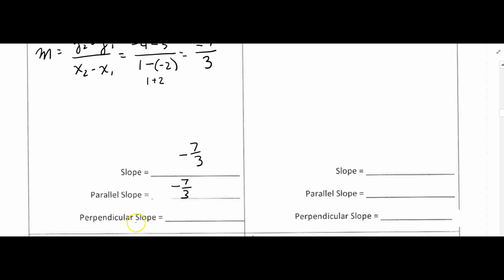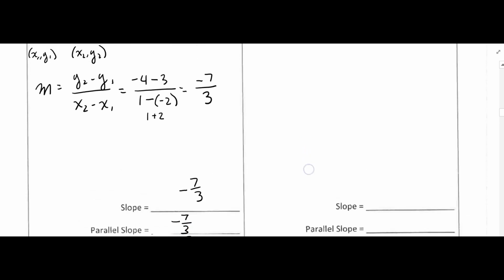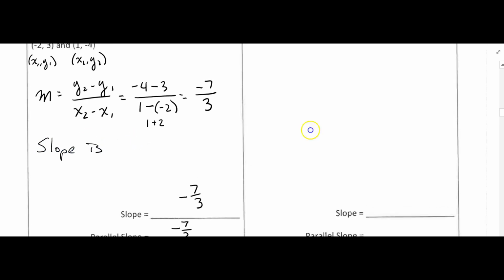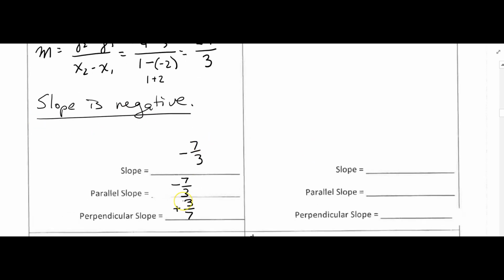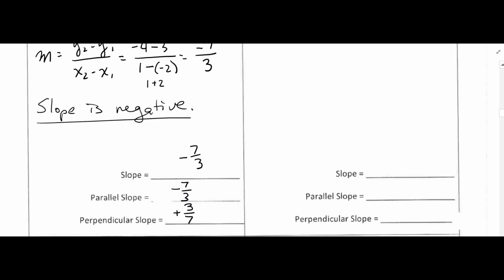And the slope of a line that's perpendicular, if you recall, has to be the opposite and the reciprocal. So the opposite would make it positive, and the reciprocal, I'm going to flip the numerator and denominator, is going to be 3/7. Okay, so the slope of this line, we had to answer whether it was positive, negative, or 0. Slope is negative. And then here's our other answers. Okay, so if you need to pause that or rewatch, go ahead and do that, and then we'll move on